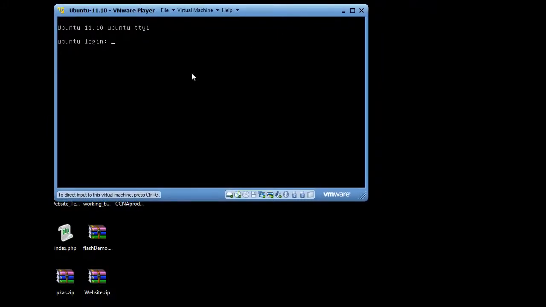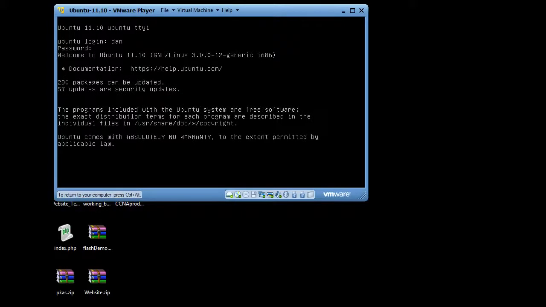Doesn't seem like the graphical user interface is coming up. So I'm going to click in the window here. Notice how my mouse is captured. And if I want to get my mouse back, I'll just hit Control-Alt, the right Control and Alt keys on my keyboard, and I can pull my mouse out. I'll click back in there, and I'll type in my username and my password. And all right, welcome to Ubuntu. Now, I've got a command line interface right now,